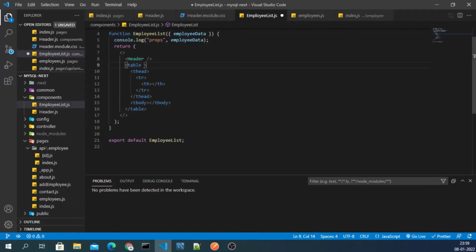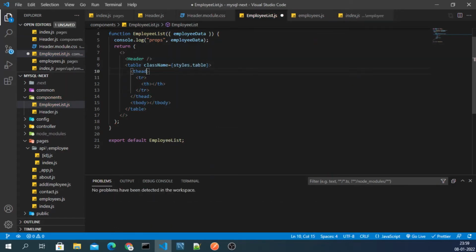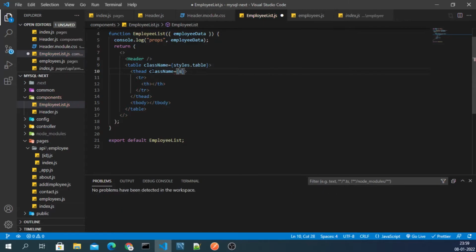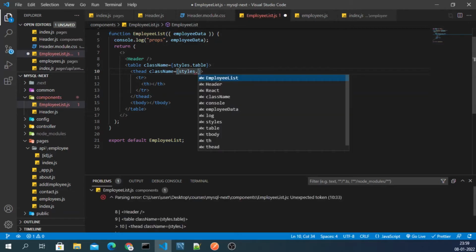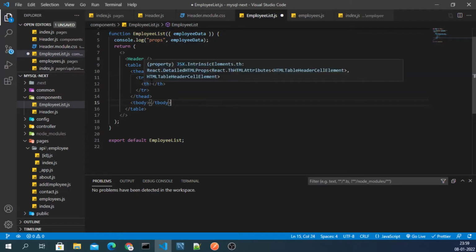The class name will be styles.table, like this. Then we have a couple of things.